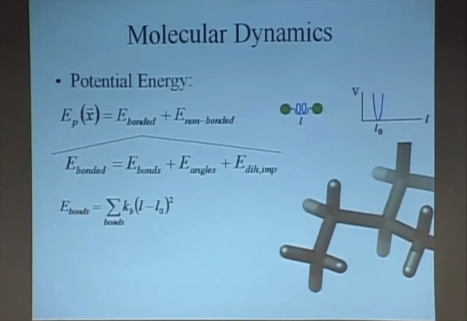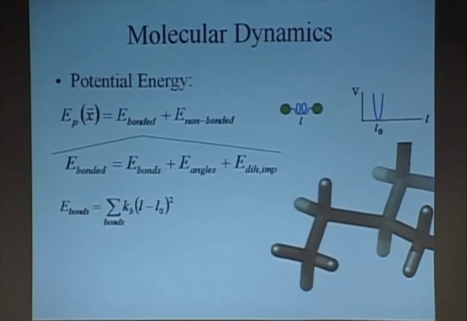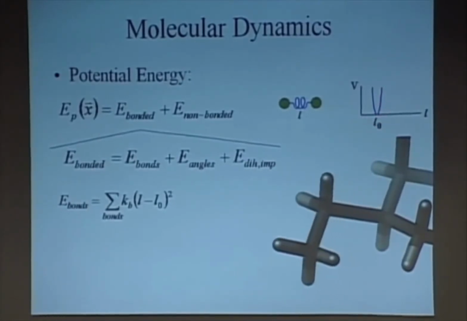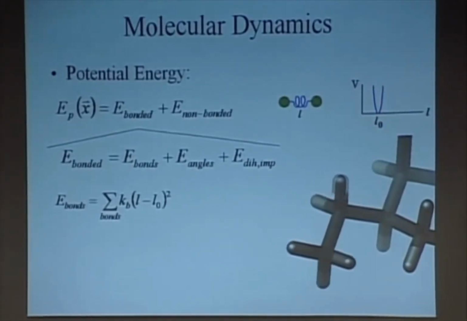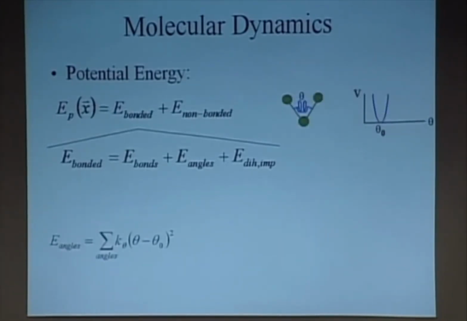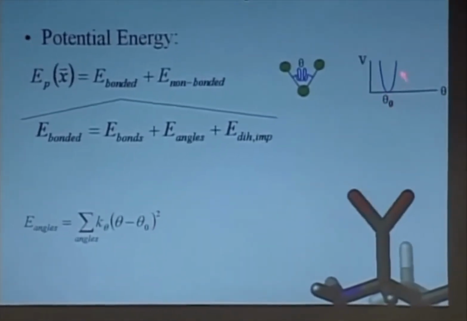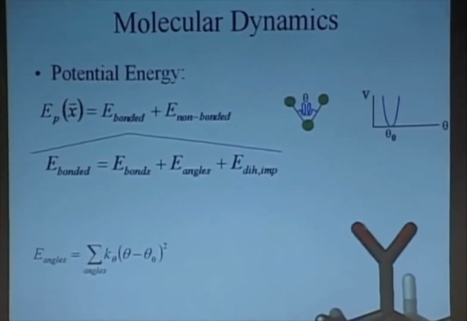So for example, the bonds term reflects some energy due to a displacement between two atoms, which are a certain distance apart. There's an equilibrium distance that they like to stay at, and if they vary from that distance, the potential increases as the square of that separation distance. The angles term represents the deviation from an equilibrium angle between three atoms. So if you imagine these three nodes as three atoms, if this angle varies away from a certain equilibrium theta, then the potential energy is also a quadratic term, which tends to bring the three atoms to have